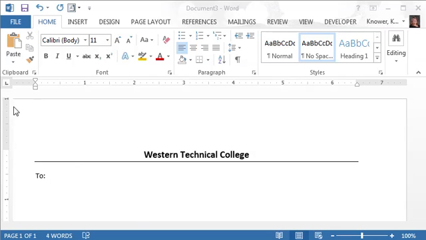The quickest and easiest way to set your tab is to use the little button up here to the left of your ruler line. So your ruler line should be at the top of your screen. If for some reason you do not see a ruler line at the top of your window,